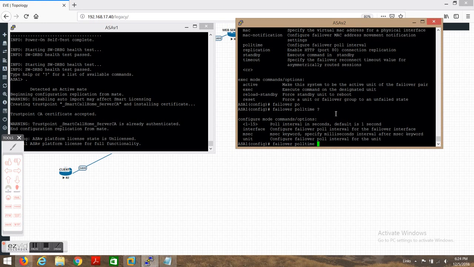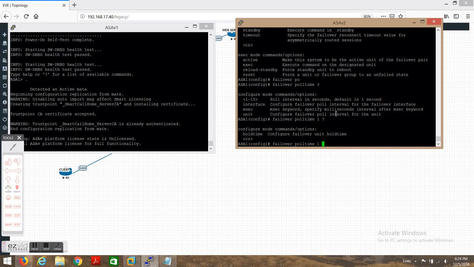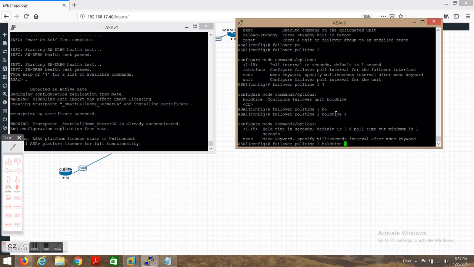During this time it takes some time. Why did it take so much time? Because we have a wait time. I'll show you the hello time over here. Show run, failover hold time. So it actually waits for some time. So the timeout, if you see,